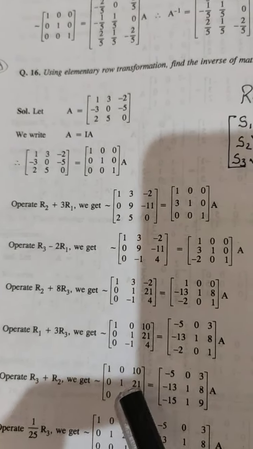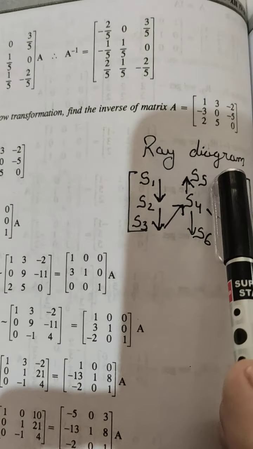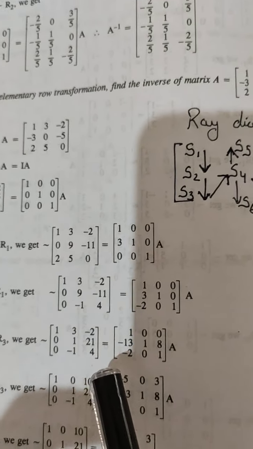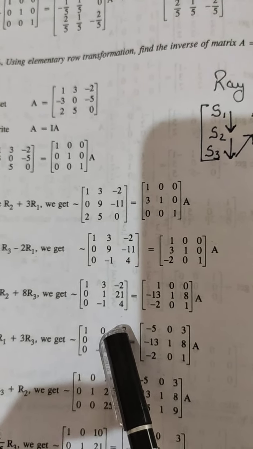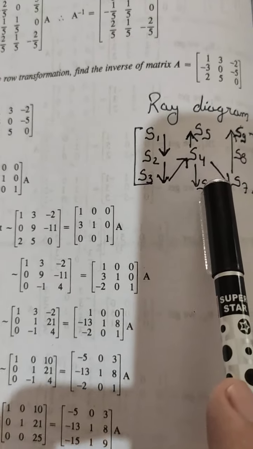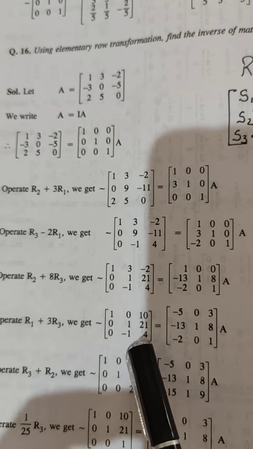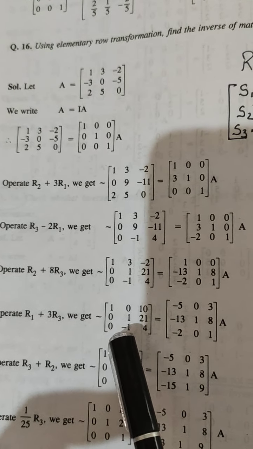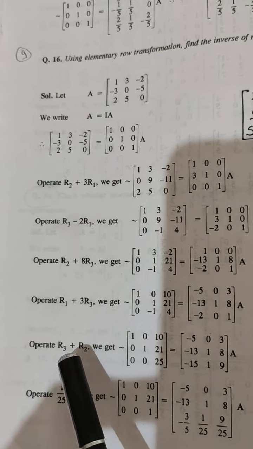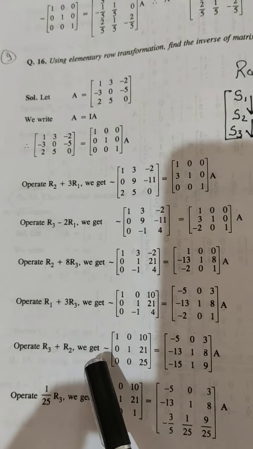Here in each step they apply one operation. S5 we already got, we want 0, so this step is already done. Now we will approach S6. How will we get it? 0, as minus 1 plus 1. So what property will we apply? We'll get R3 gives R3 plus R2.